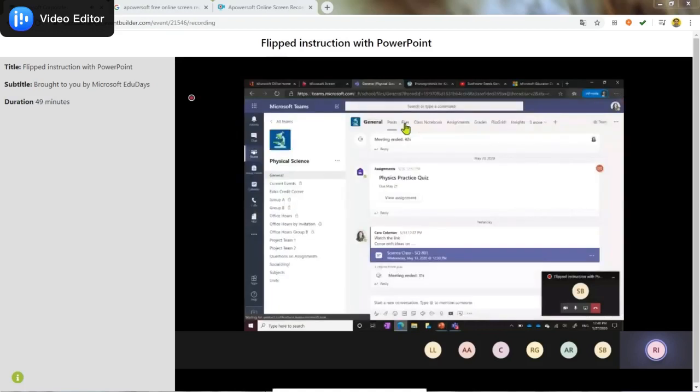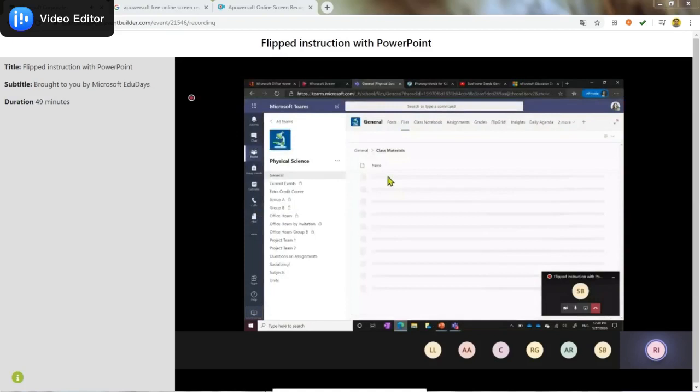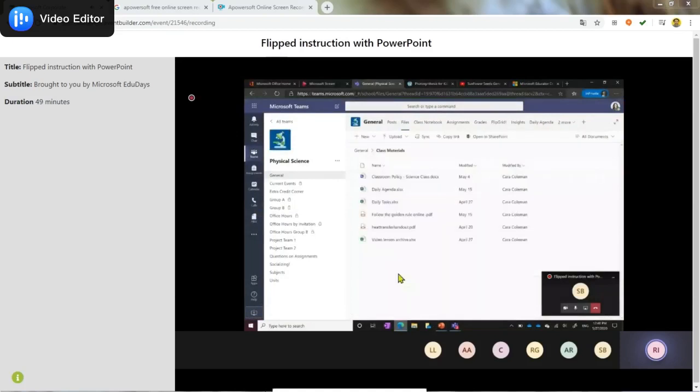I'll just remind folks, if you were with us for our Teams webinars a few weeks ago, this class materials folder inside your class team is a view-only folder for students. So you've spent all this time working on this recorded lesson. You want to upload it somewhere where students won't be able to make changes to it. They'll just be able to view it as you intended.